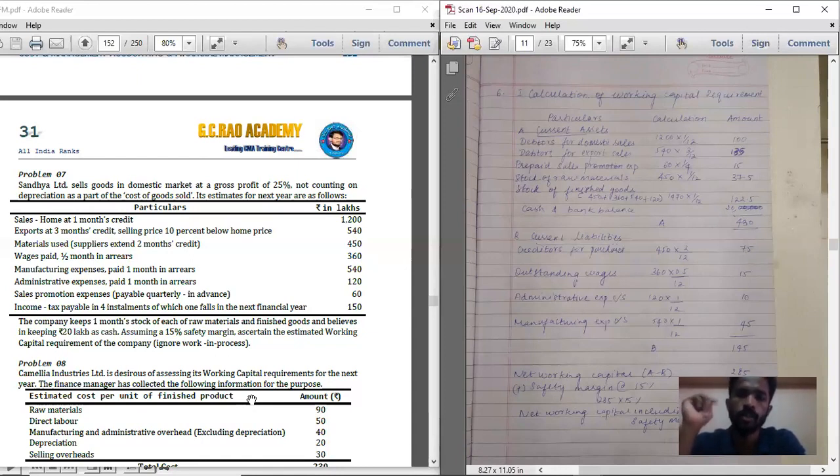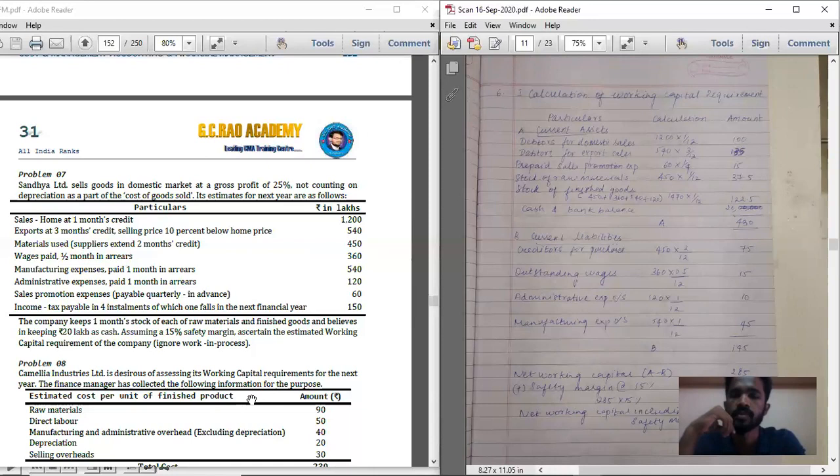Draw a 3 columnar table. The first column is particulars, the second column is calculation, and the third column is amount. Under particulars, capital A,